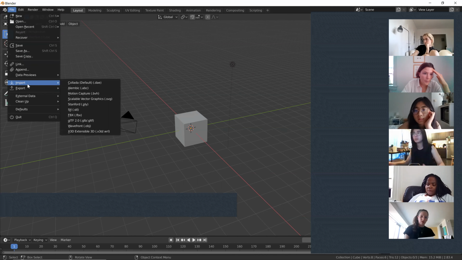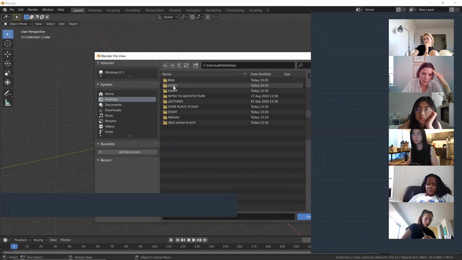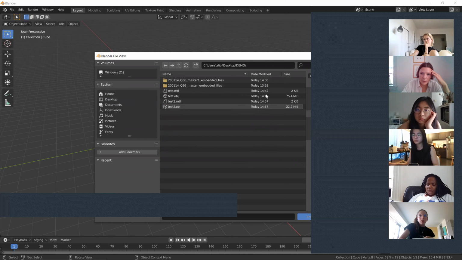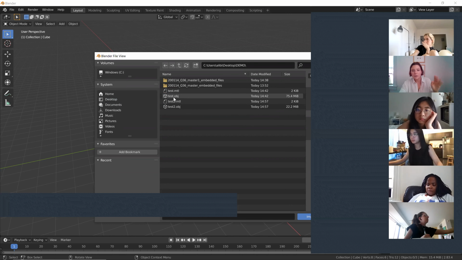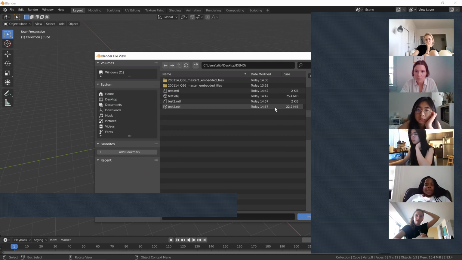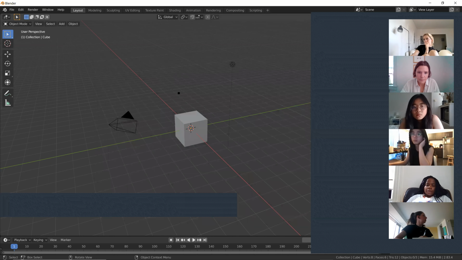Anyway, so you go File, you go Import, and then here you have a list of formats, and you just hit OBJ, and then you navigate to your folder. In my case, it's demo. So see, I exported 2 files. One was test, and the other one was test2. Just from moving that slider to a little bit more low resolution, the second file was much smaller. It was like a quarter or a third of the original file. So I'm going to import the smaller one now in here,